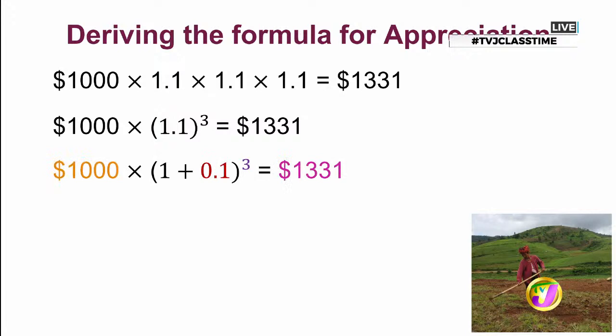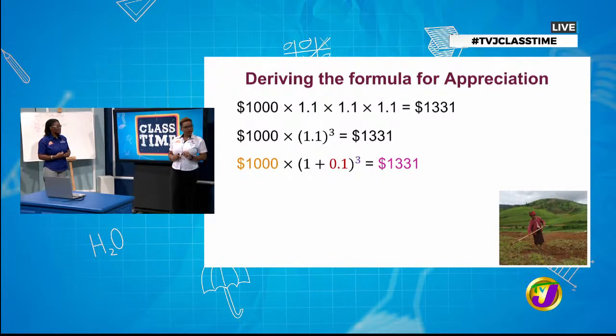All right. So we notice here that this 1.1, look at the index that's there now. That's 3, the number of years. So we need to make that connection, because the question asked us for the value of Miss Ivy's land after 3 years. Okay, I'm seeing the connection here. Good. So I'm seeing my 110% and my 3 years. And you're seeing your present value, which is what you started with, and then the future value after the 3 years.